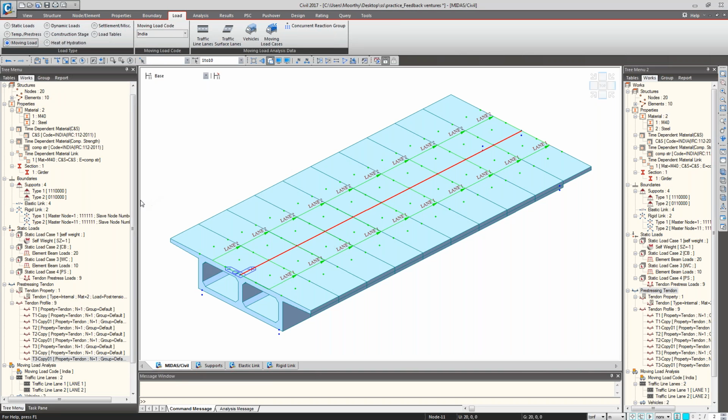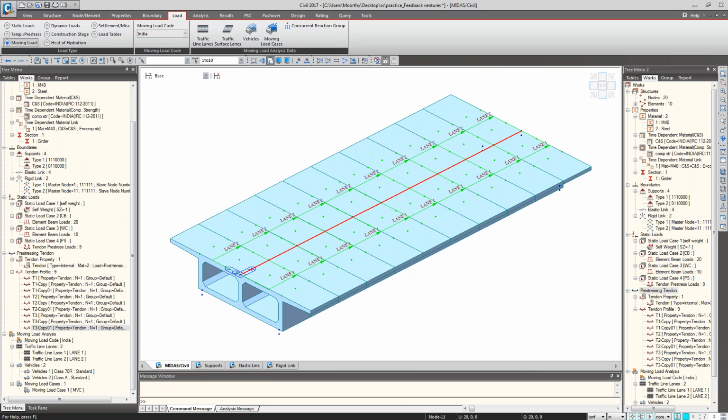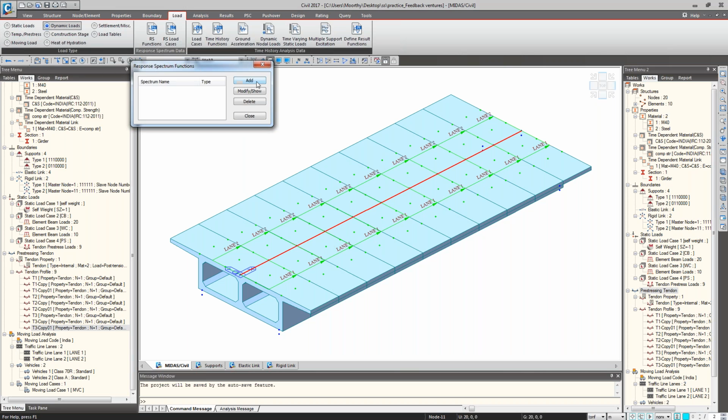So we have applied the loads such as self-weight, crash barrier load, bearing surface load, pre-stress load, and live load. And one more load case is the dynamic loads, as per the response vector method. Go to the load, dynamic load. We have two methods, response vector method and time history. We are following the response vector method, so go to the response function, RS function, that is the response vector function. Add,